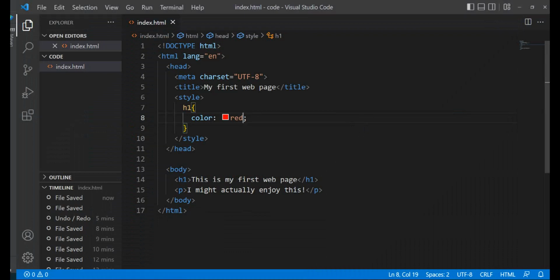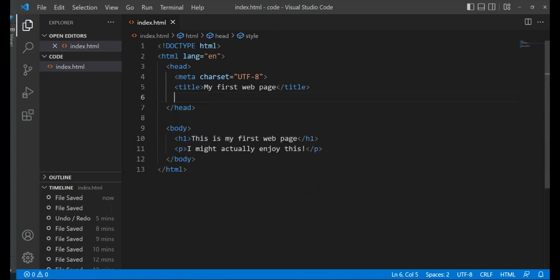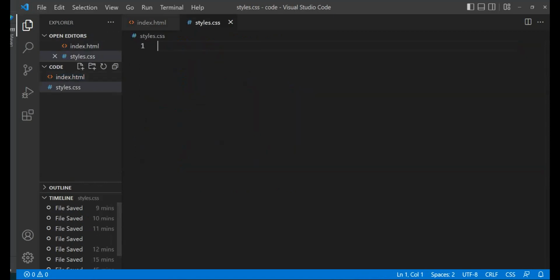However, I like to separate my CSS from my HTML. That way I can reuse it in multiple files, which is what you should always do. So I will take away this CSS style from here, and instead I will create a separate CSS file, and I'll call it styles.css. And if I go ahead and say H1, and I say color is red,